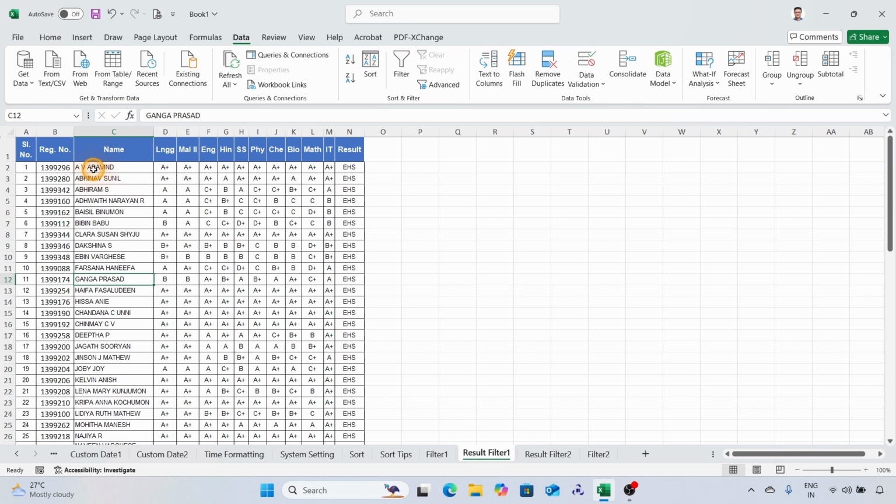This is a sample score sheet. Suppose we want to filter the students list of those who have secured A+ in all subjects. This list should also be made available in a new worksheet. So what we have to do? First we have to